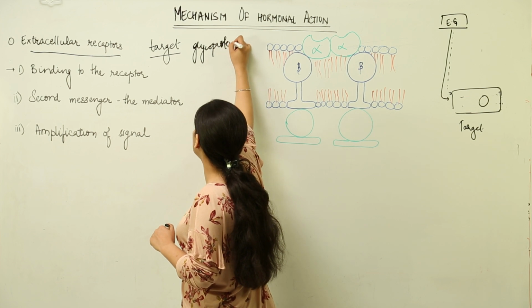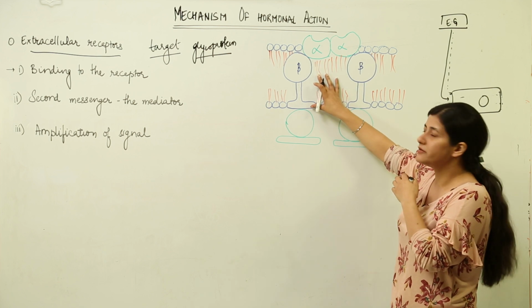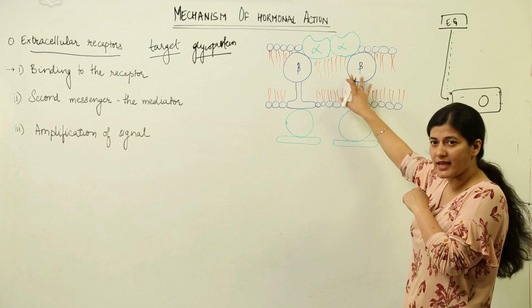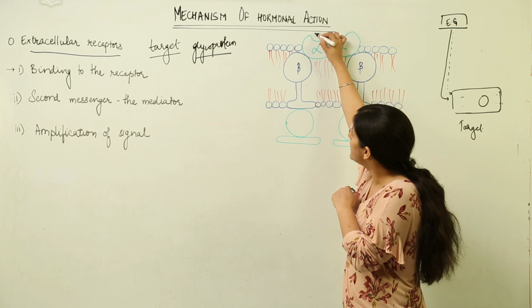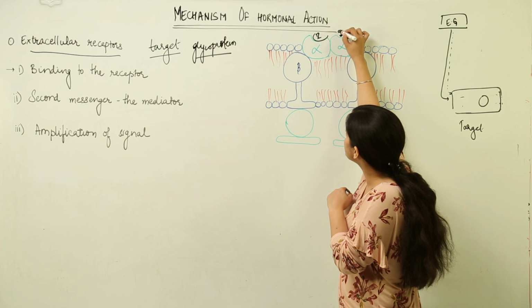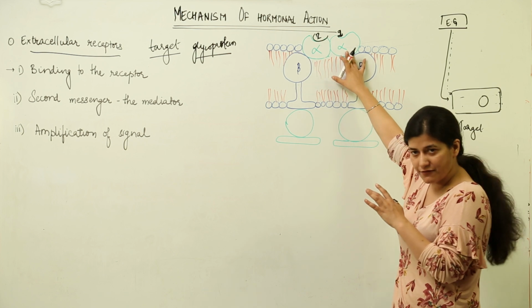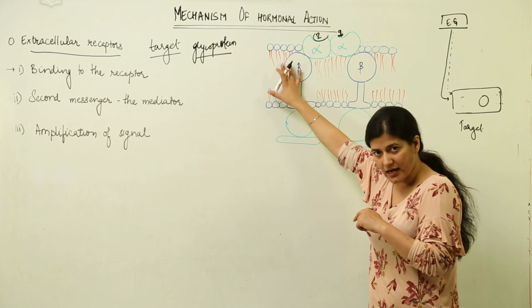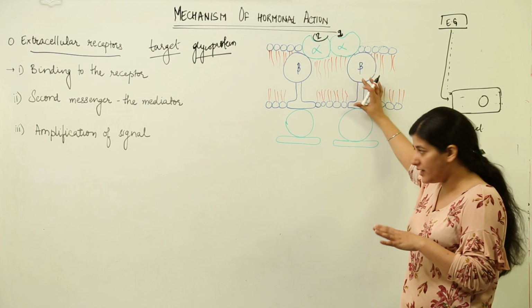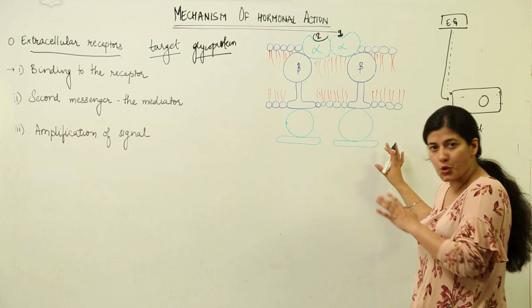As we are dealing with the case of insulin, what we see over here is an extracellular receptor which has 2 alpha subunits and 2 beta subunits. Alpha subunits have the hormone binding site. These two are the sites, site number 1 and site number 2, where the hormone particles can come and bind with the alpha parts. There is a beta subunit that passes right through the membrane, and this beta subunit has a cytoplasmic domain as well.